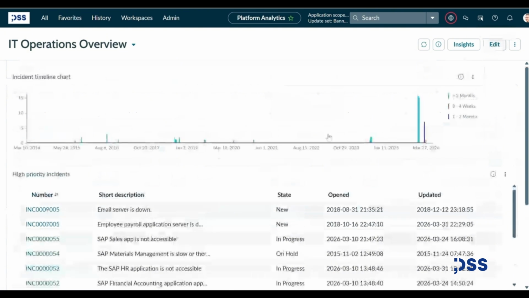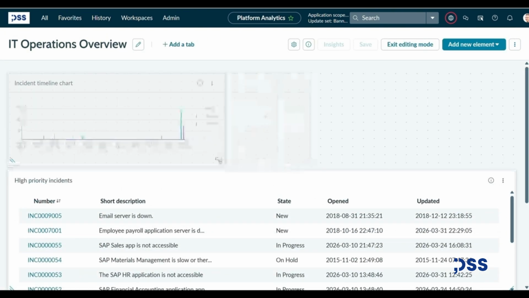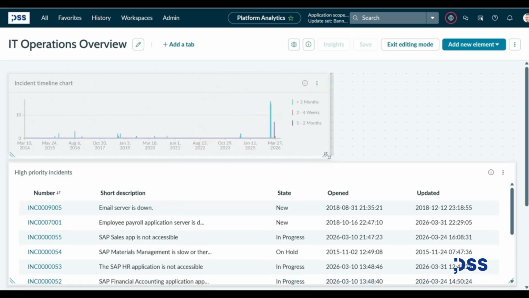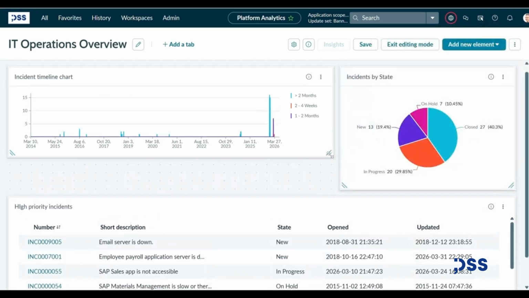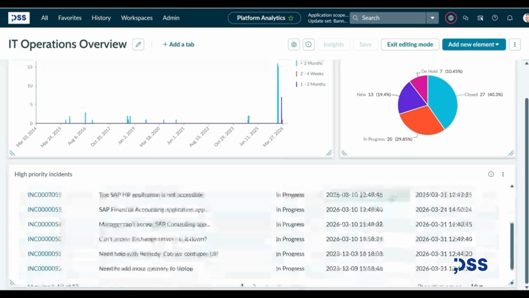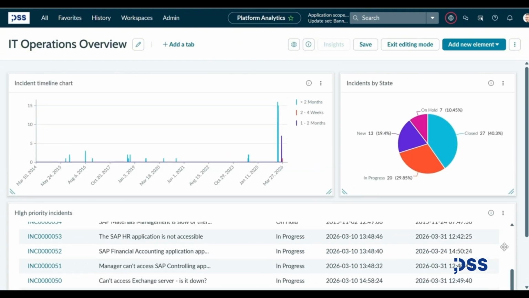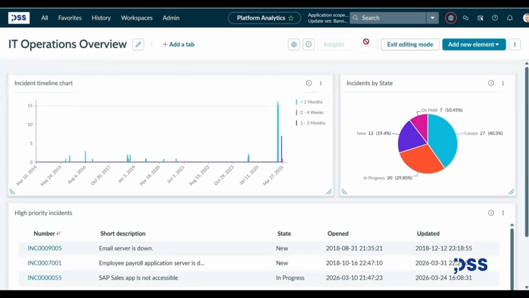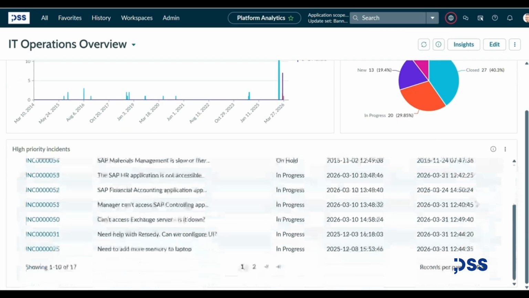Now I'm gonna rearrange a bit this. I'm gonna click on here, minimize this just a bit. I'm gonna move this up here. I'm gonna maximize this, save it. I wanna see 1, 2, 3, 4. I wanna see 10, so I'm gonna scroll a bit down, save, exit. Now I can see